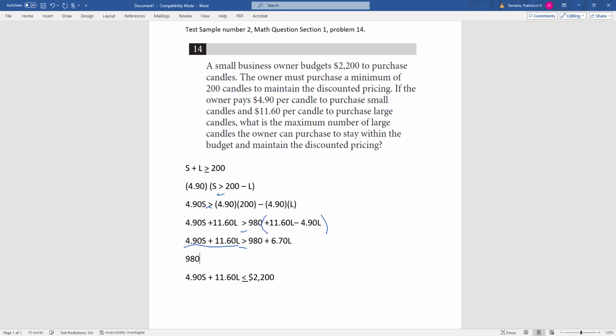We're just switching. 980 plus 6.70 L is less than or equal to,